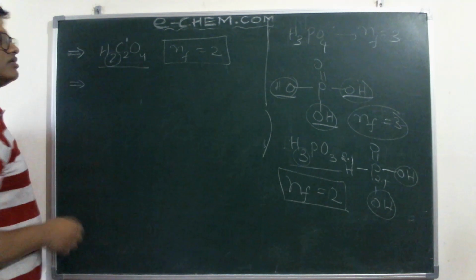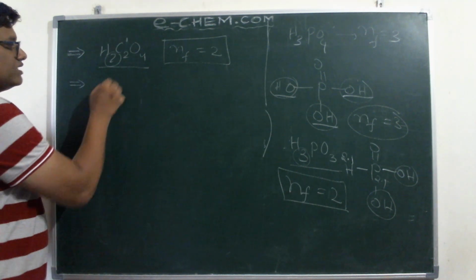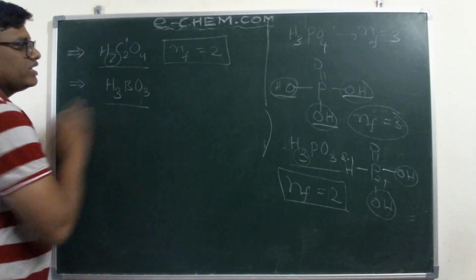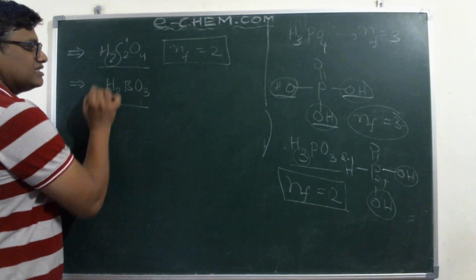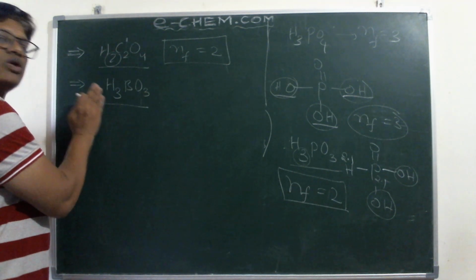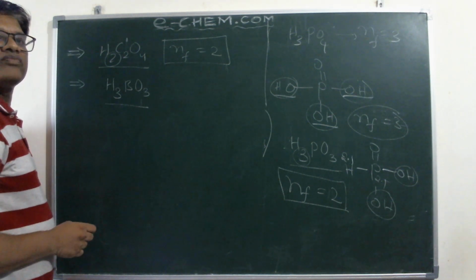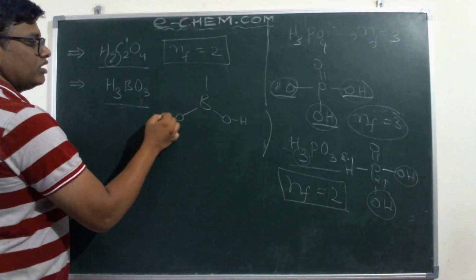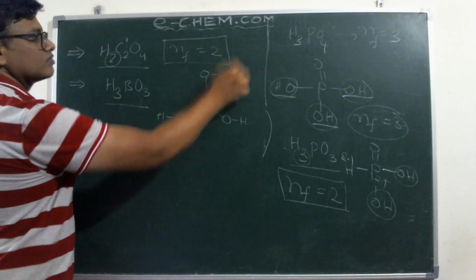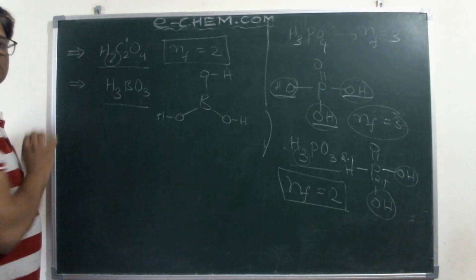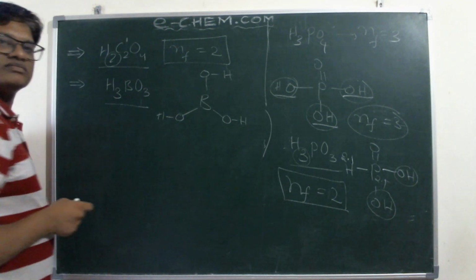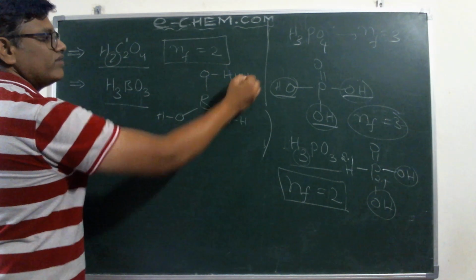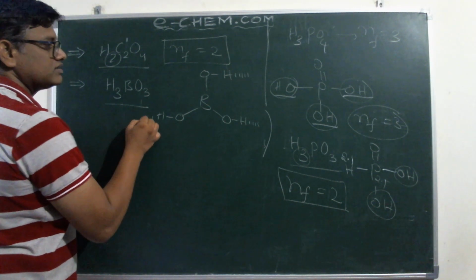Now one more I want to give you, that is H3BO3, orthoboric acid. This compound cannot release hydrogen, though hydrogens are present in the molecule. The reason behind this is that these hydrogens are not free in the molecule. In aqueous medium, if you take this compound, these hydrogens are not free in the composition. The reason is that these hydrogens have interaction with the adjacent water molecules like this.